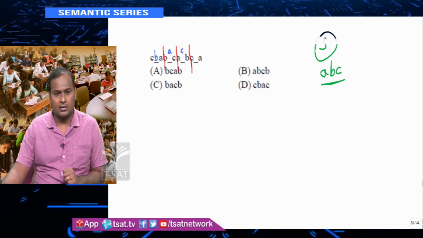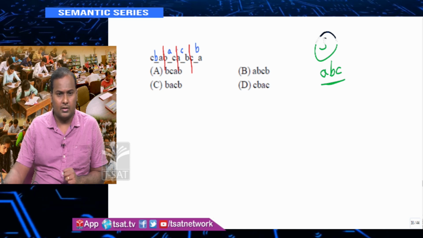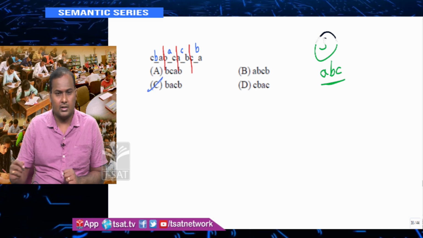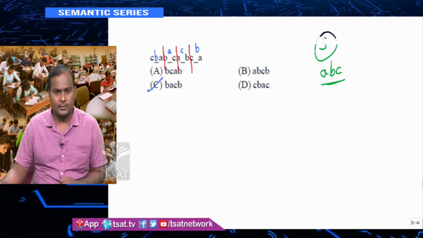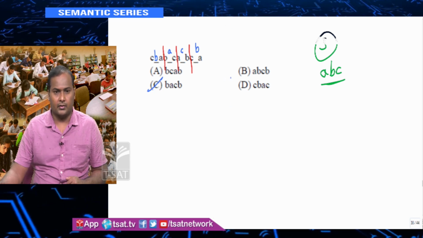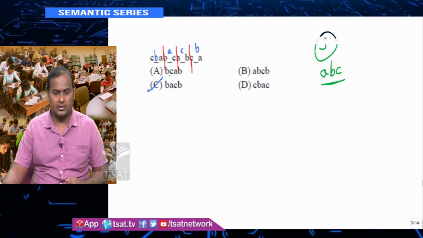In the fourth block, C, gap, A is there. I am missing B. So your answer will be B, A, C, B. So B, A, C, B is the answer. It's a big tricky question. Why? Because you are not getting any particular repetition here. In a repeated letter series, you should get a particular repetition, but in this case you are not getting any